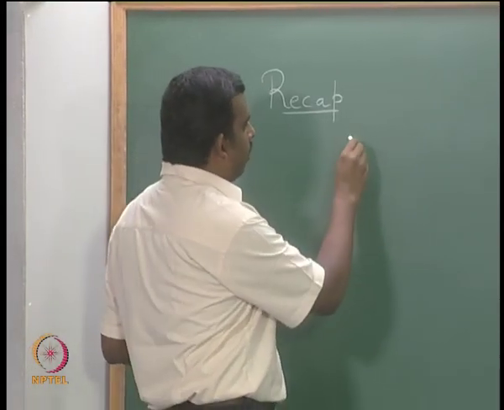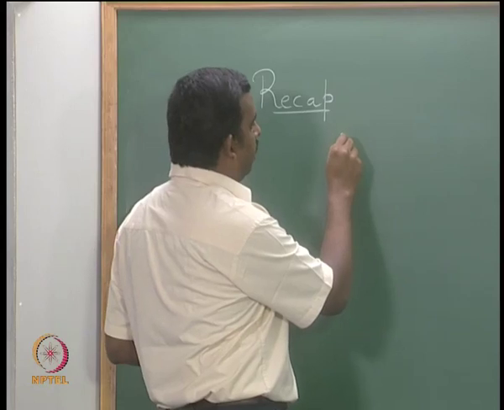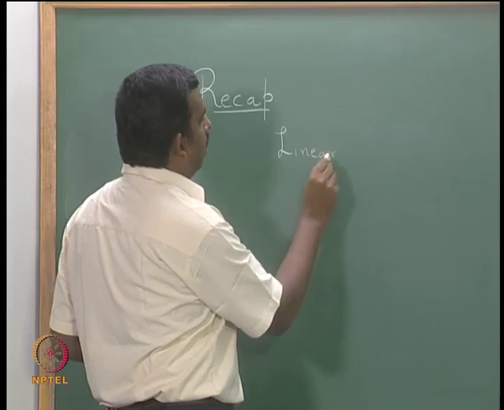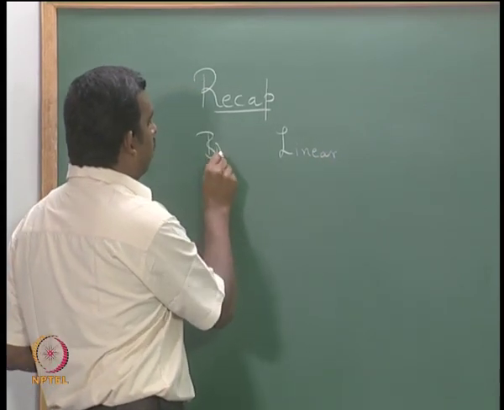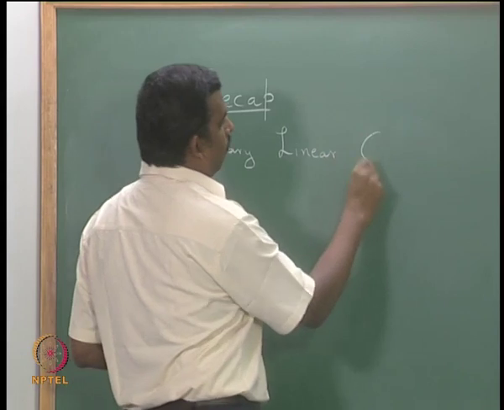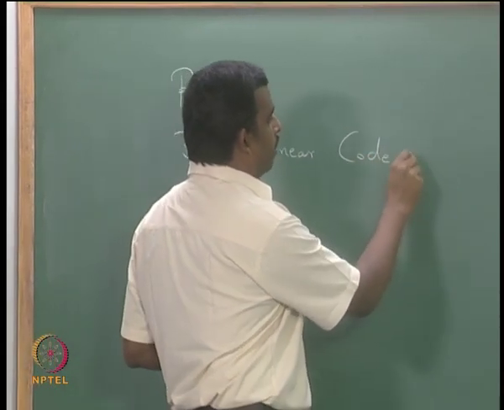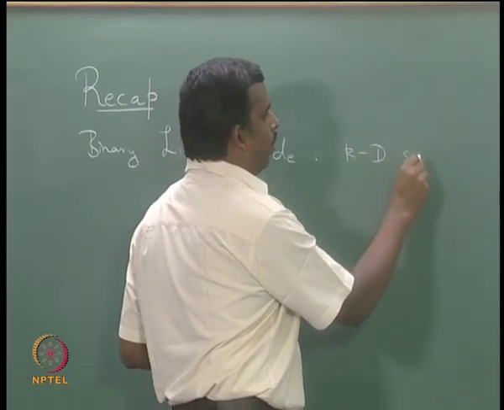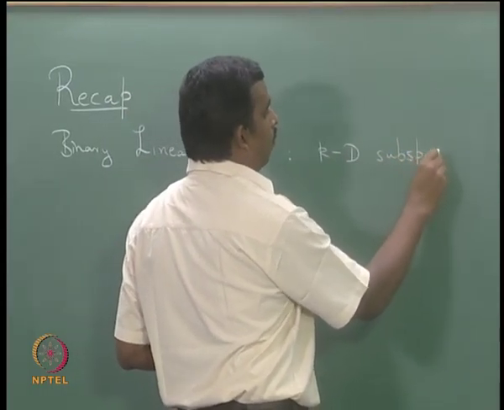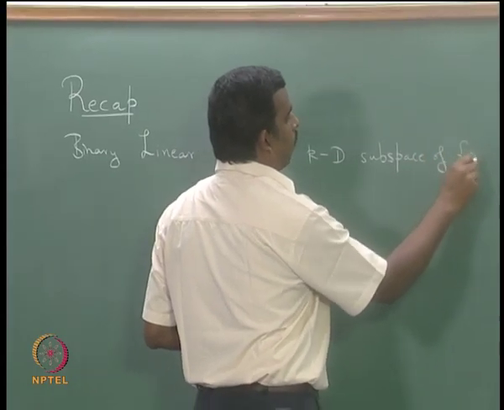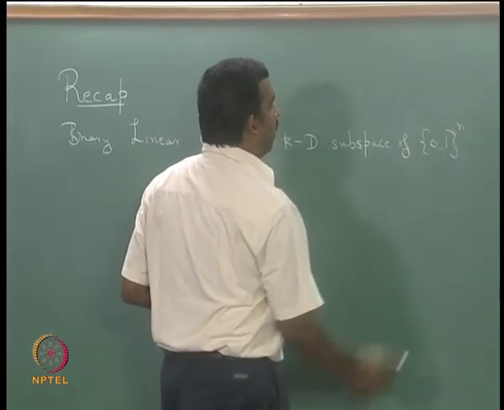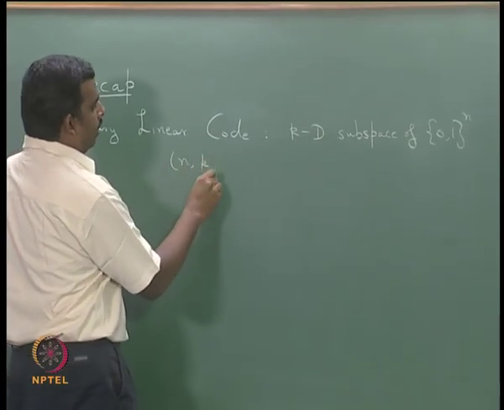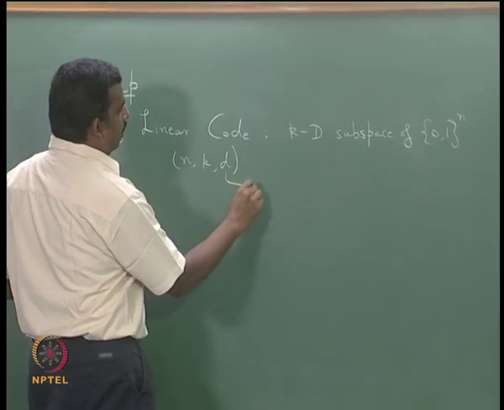So far we began with a linear code, a binary linear code, which is basically a k-dimensional subspace. This is how we started, and we had a notation for it, (n, k, d), where d was the minimum distance,